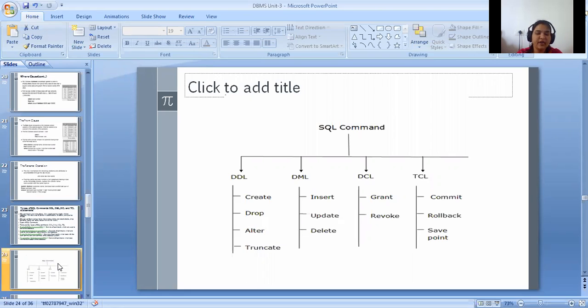In DDL, create, drop, alter, as well as the truncate command. In DML, insert, update, delete. DCL, grant, revoke. And in TCL, commit, rollback, savepoint. Just note down these points.